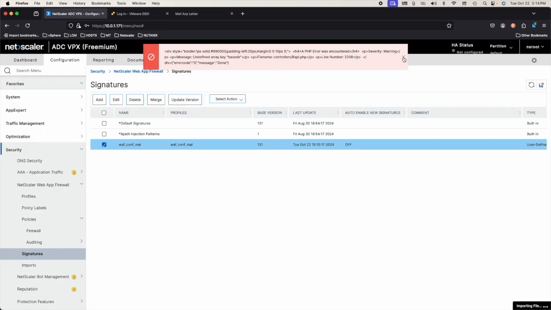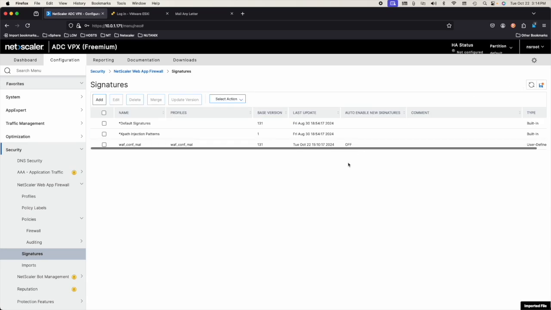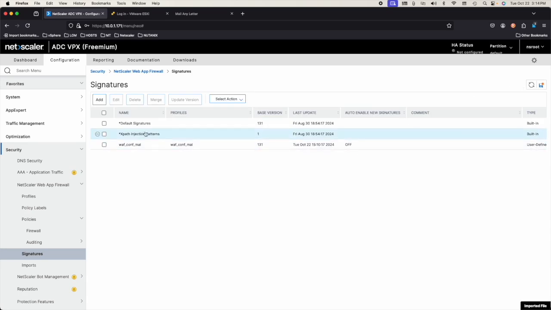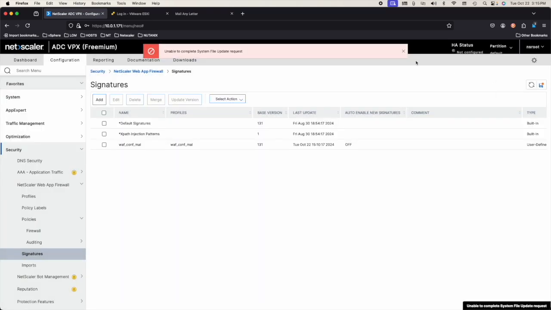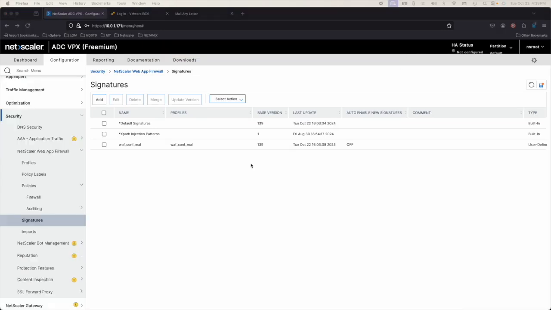Give it some time, and it'll update the signatures to the latest. Let's just save it. Okay, so it took a little while, but now you can see that after refreshing, the base version and my WAF configuration signatures have been upgraded from 131 to 139. Your numbers may vary depending upon what time you do this, or what date you do this, and what version of the NetScaler you have. This is 14.1,